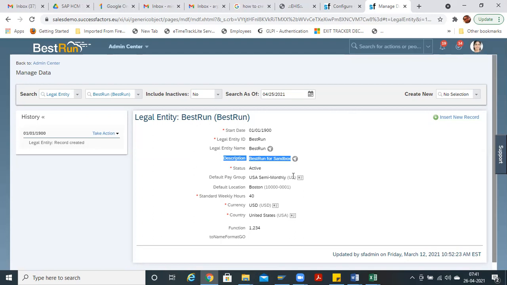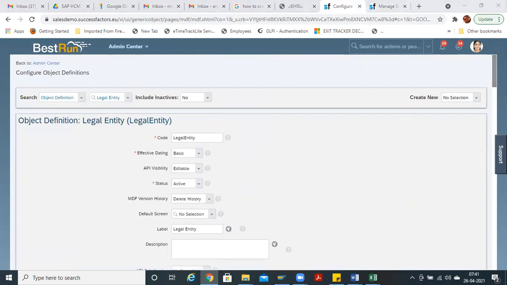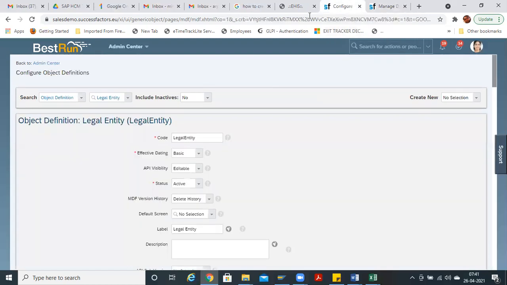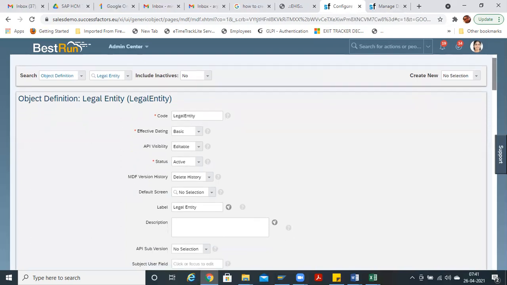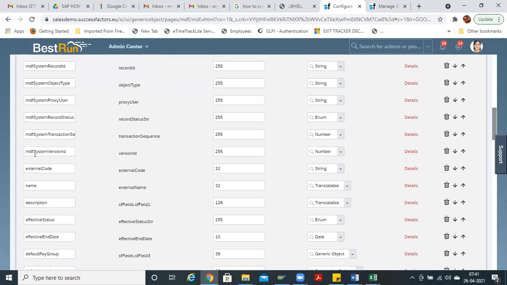Any fields and objects related to MDF, you have to go to Configure Object Definition and search for the object. Okay, this is legal entity. We want to remove the description from legal entity. Then you come to Configure Object Definition, under Object Definition select the Legal Entity object and come down. These are the various fields.